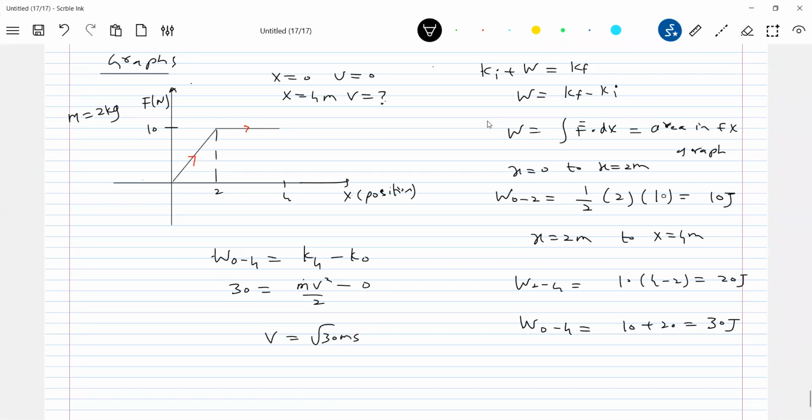Tell me, is this not very easy? Or else what should you do? What is another alternative method? You should calculate the force as a function of the distance, then integrate, then you calculate acceleration, then integrate. Then for 2 to 4 meter, what happened? Uniform accelerated motion. I think this is quite simple, no? Just the area under the F-x graph will give the work done, and from the work done, the change in kinetic energy. So this is something very fundamental. I'm telling you, this is very fundamental. You must have the basic idea.